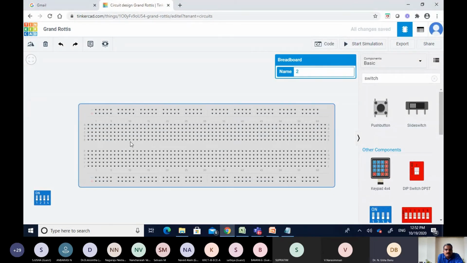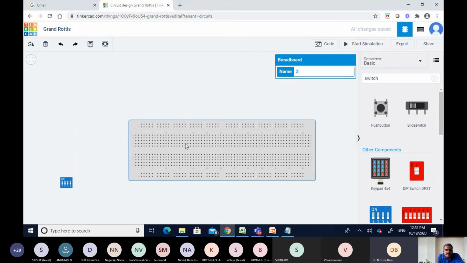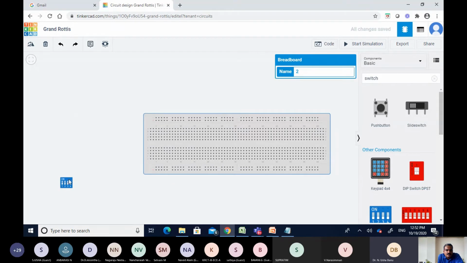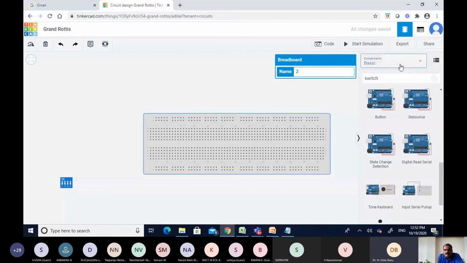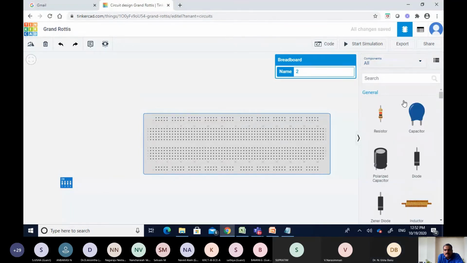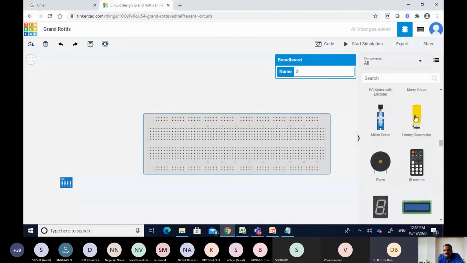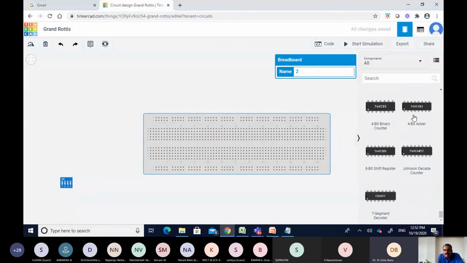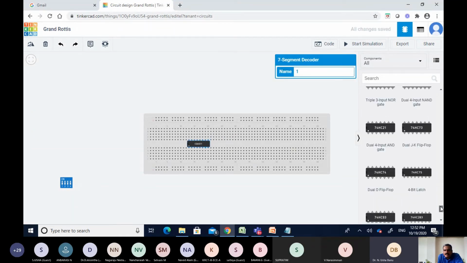See, in order to reduce the size, zoom out, you have to click the center mouse button or center mouse if you have the wheel. Okay, so then instead of basic, I will take all the components so that it will be easier for me. Right? Yeah. So I will be taking the 7-segment decoder. So here we have the 7-segment decoder. I will be dragging it and placing it over here. Right. So next we have the 7-segment display.